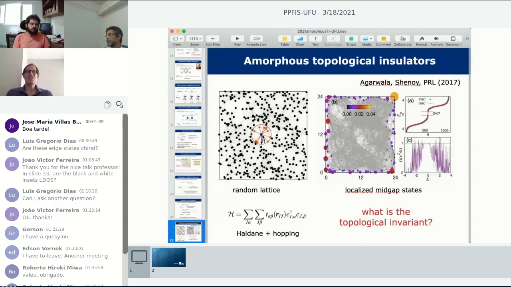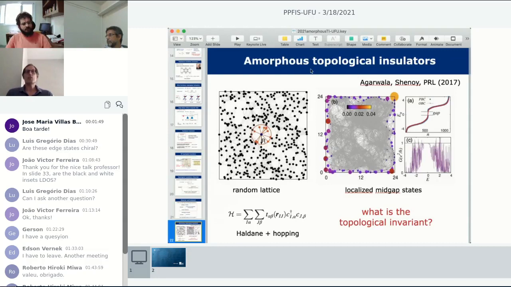And what they do is that the only ingredient they preserve is that in the short range, they have a tight-binding Hamiltonian that reminds you of the kind of Hamiltonians that were proposed by Haldane or by Kane and Mele back in the early days. So there is a lot of structure here concerning spin, and it would be like if you generate in a regular lattice a Dirac kind of fermion, but here you have a lattice which is actually a random lattice.